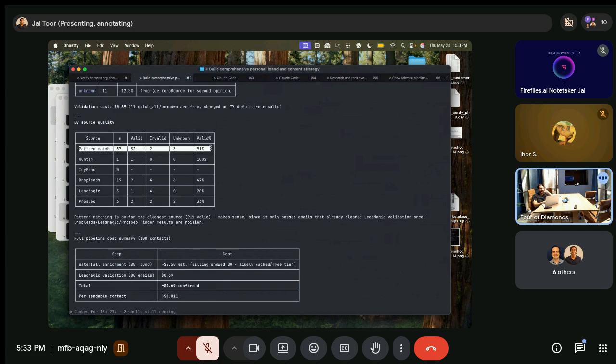We also do this pattern match validation, which works really well with a company with 50 to 100 people, but won't work at a Boeing because you have people with the same name. So this is selectively useful. If there's 50 Chris's at a company, you're not going to want to guess that the first name at the company domain is the best one and consider that a valid email.